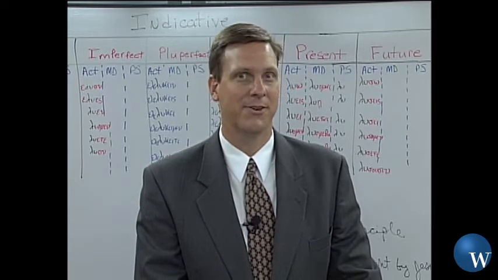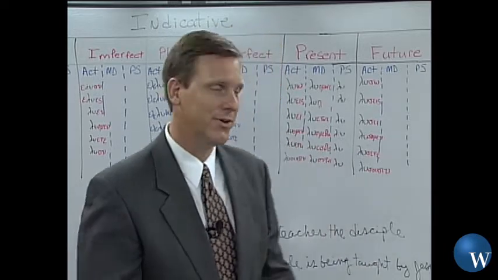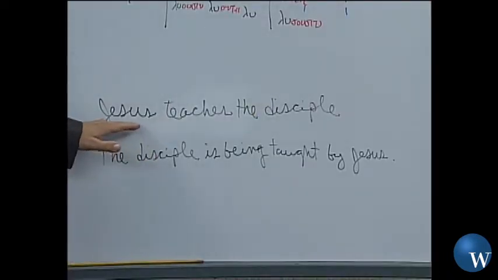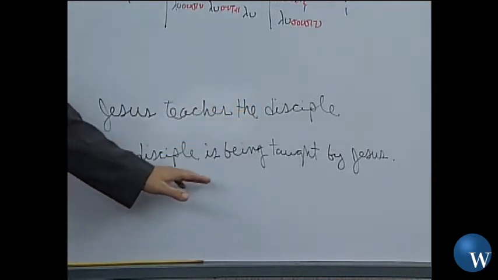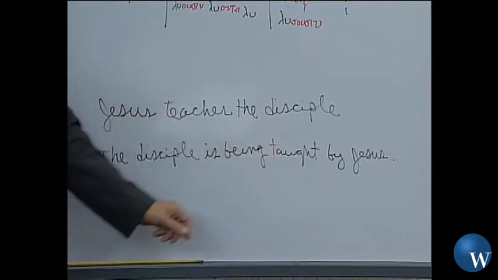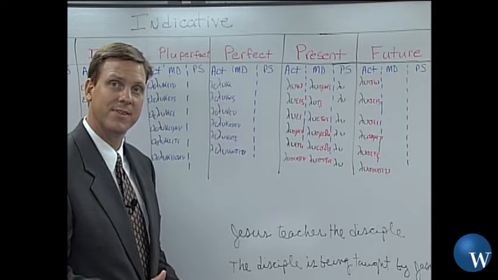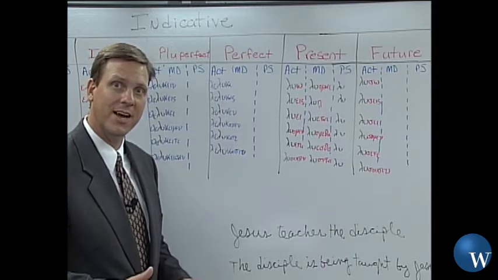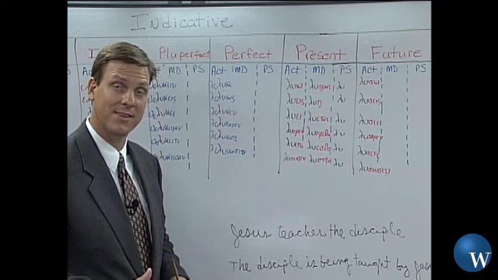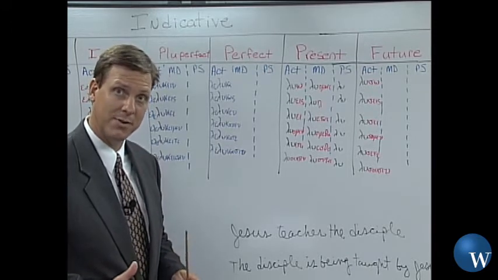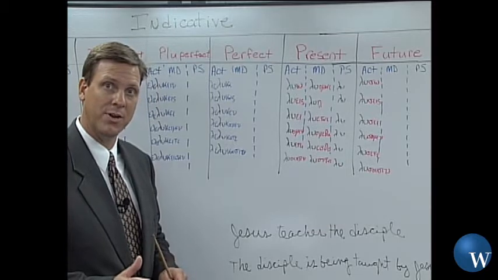Well, let's go today right to the board and look at a couple of sentences. I want you to notice these two sentences right here. The first one, Jesus teaches the disciple. And the second one, the disciple is being taught by Jesus. Now, really, if you look at these sentences, they're different. But how are they different? And then also, how are they the same? Think about that for just a moment. Do they not convey the same message and the same idea? I think they certainly do, but they're being expressed in a different way, and maybe one emphasizes something over the